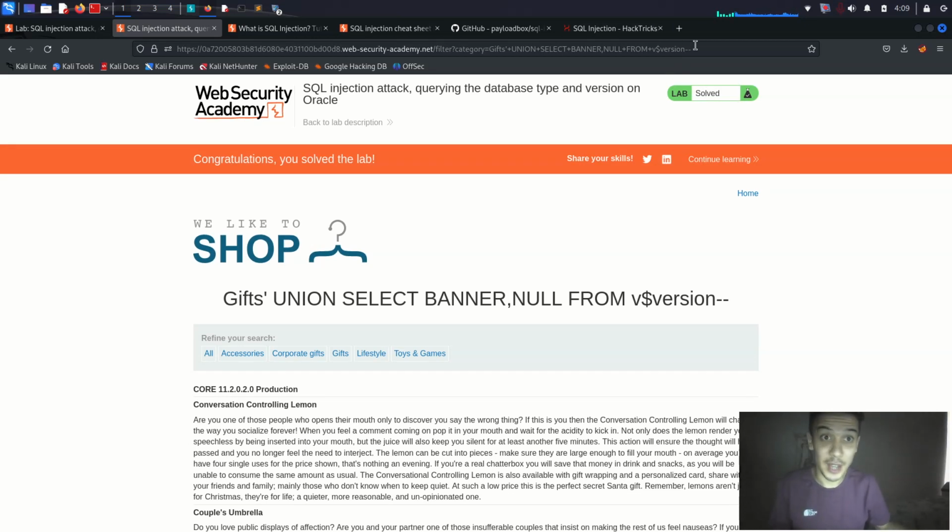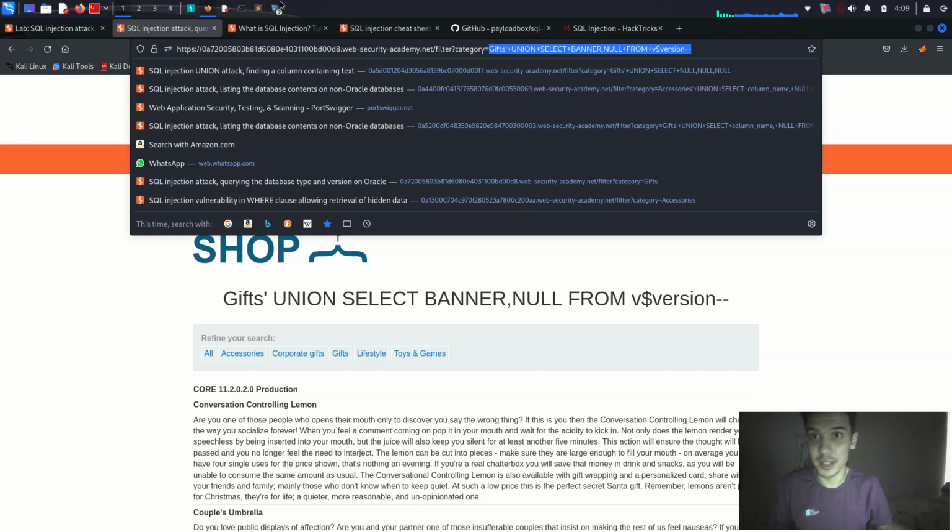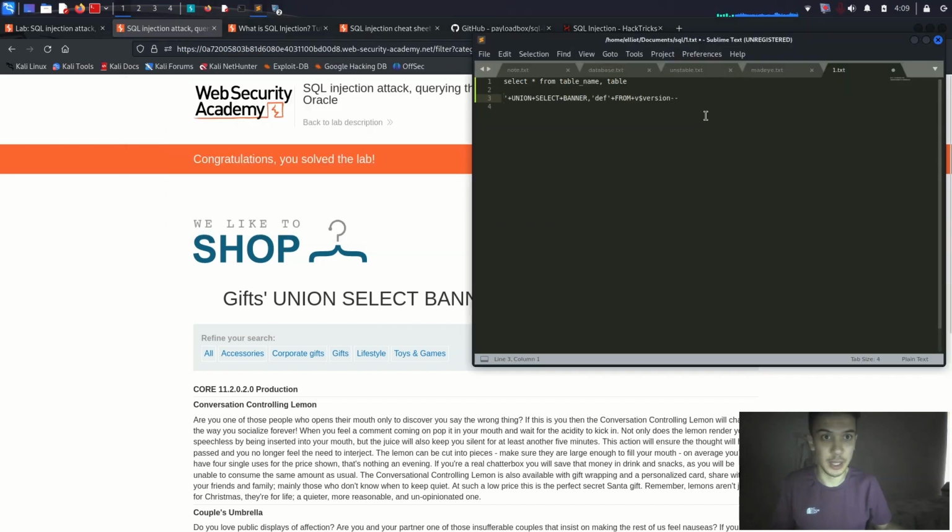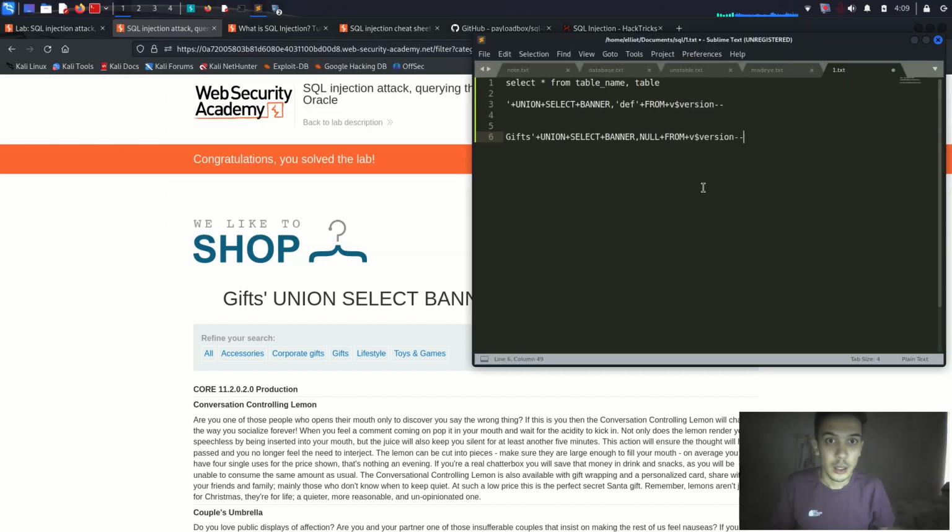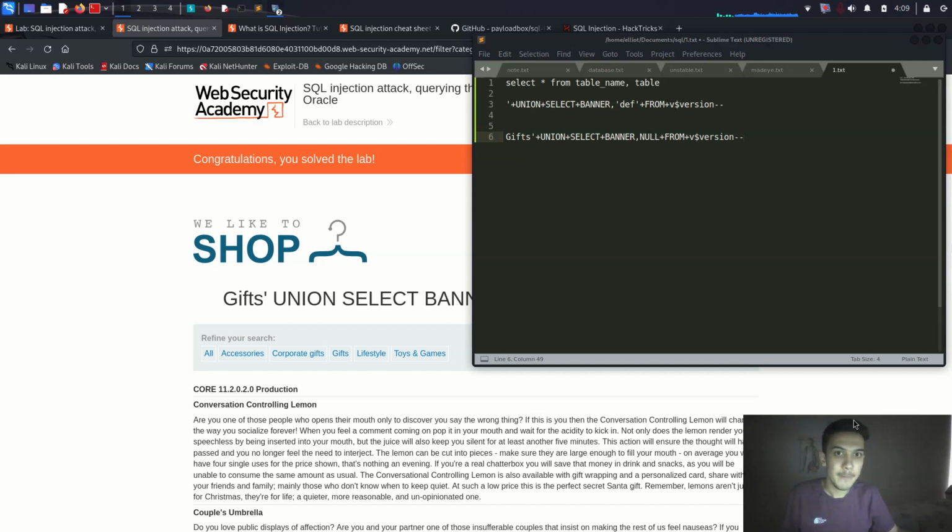So what we are doing at this lab, we are just doing it like that. So let me explain to you. We know there is a product category with SQL injection, right? And then we select something from a table name, but we have no idea about the table name. So before using the from, we just give it random values like A, B, C, D,